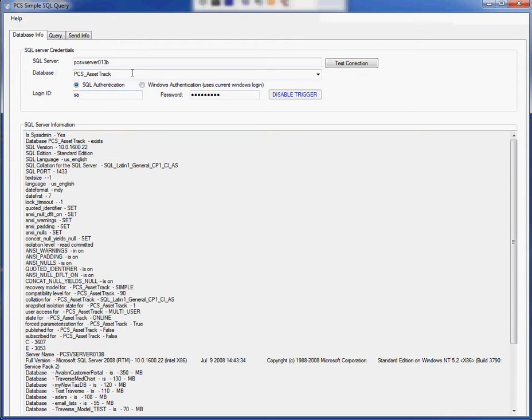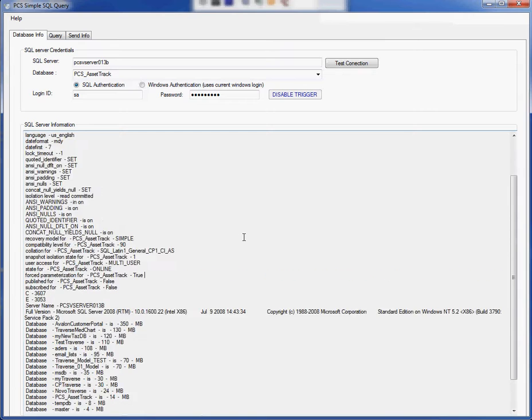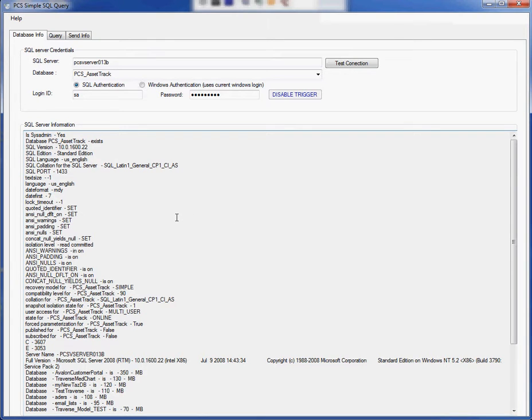But right now you can see I've already connected to my SQL Server and connected to a database. I put in my credentials. You can use Windows authentication or SQL authentication. You click Test Connection. It pulls down all this data, which was already here. And this might give you some valuable information that you need to know if you're installing some software product, like